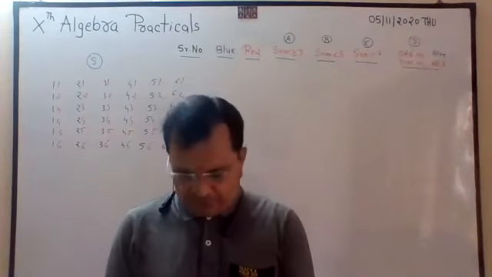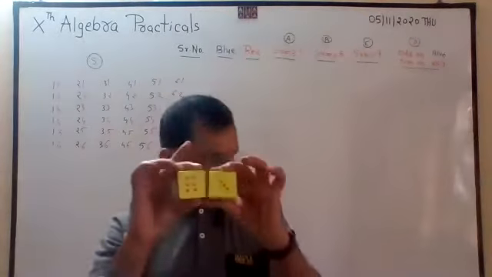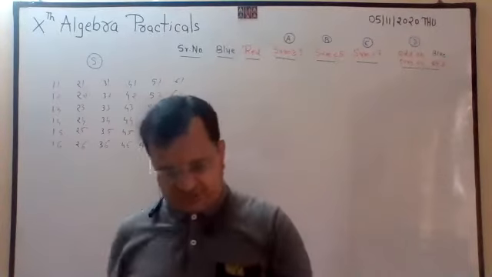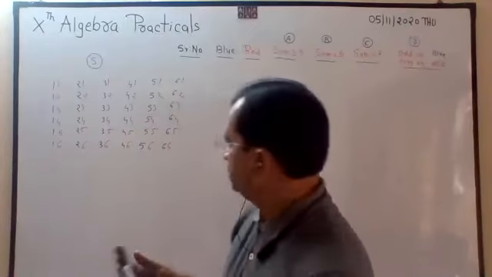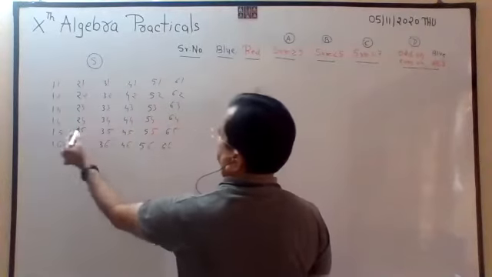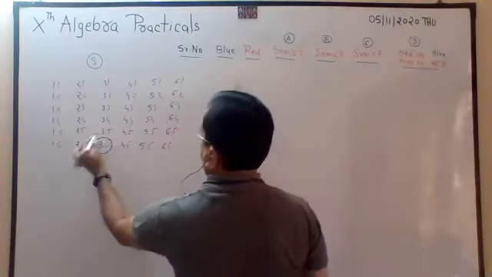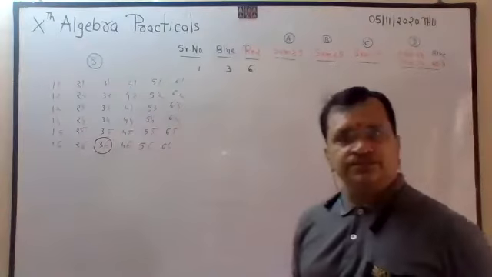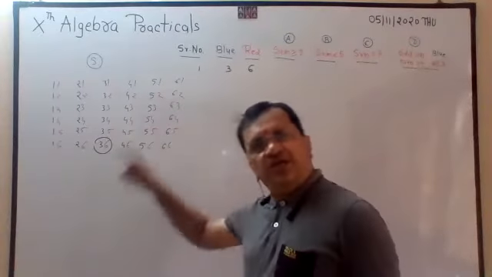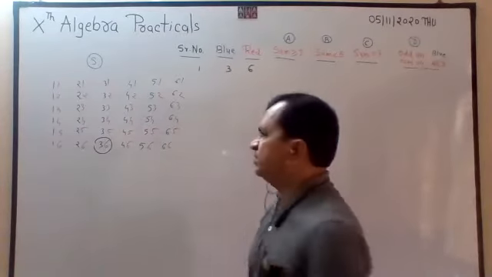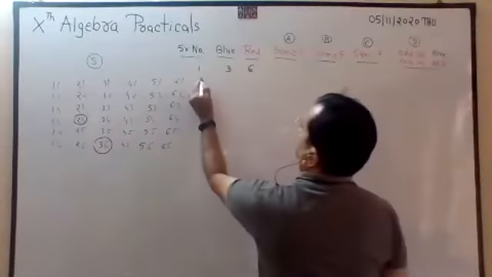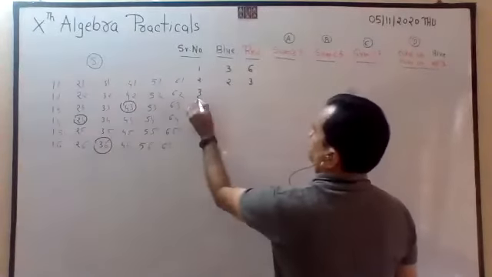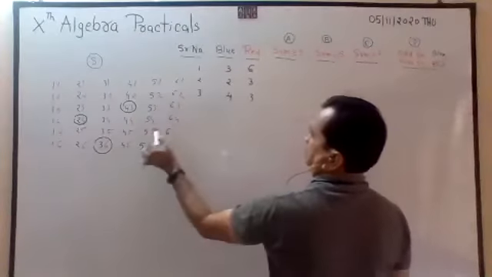For example, suppose it comes 3 and 6. So blue in the first serial is 3, red is 6. I will mark 1 1. You will enter 3 and 6. We will take them zigzag. Second, 2 blue, 3 red. Third experiment, 4 and 3.